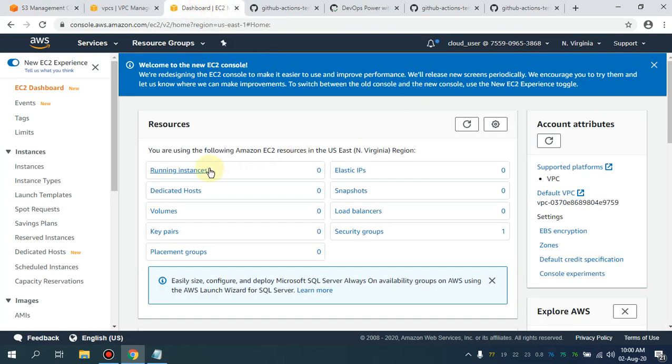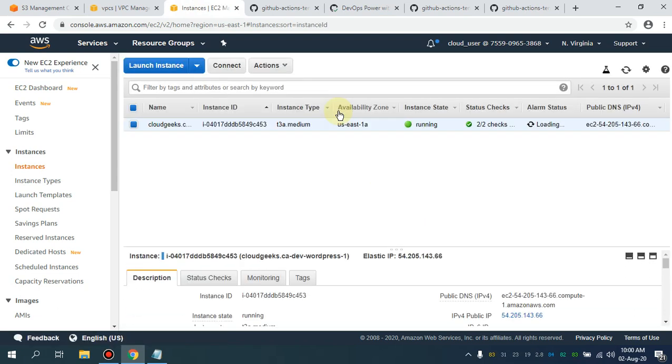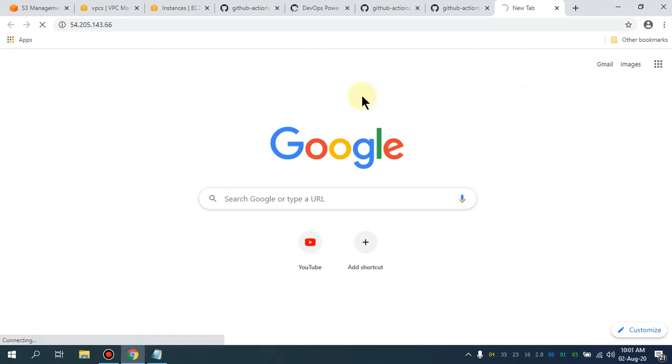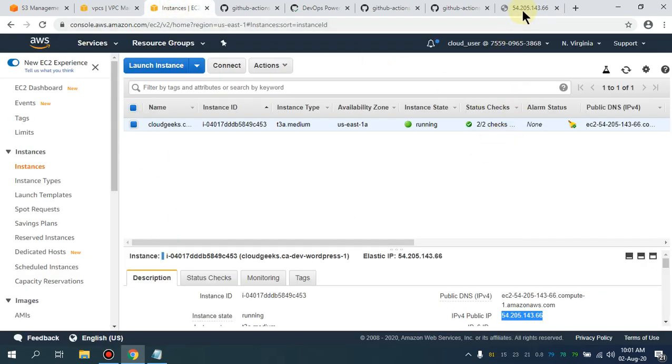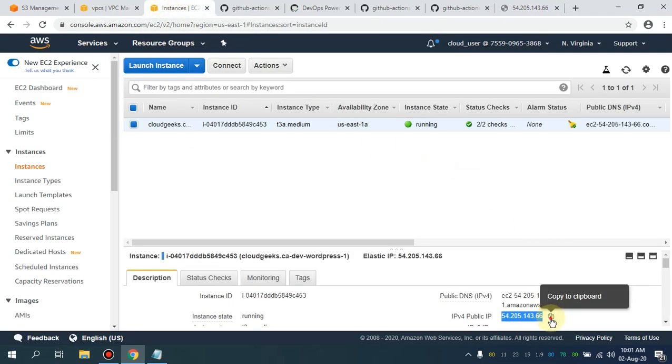If I navigate to the dashboard and click on it, you will see one EC2 instance is up and running with an Elastic IP. You see it is loading, and if I copy this and put it here, you will be able to see that it will be available in a few moments, but right now it is initializing. Let me refresh it a few more times. Before that, what I'm going to do is show you that